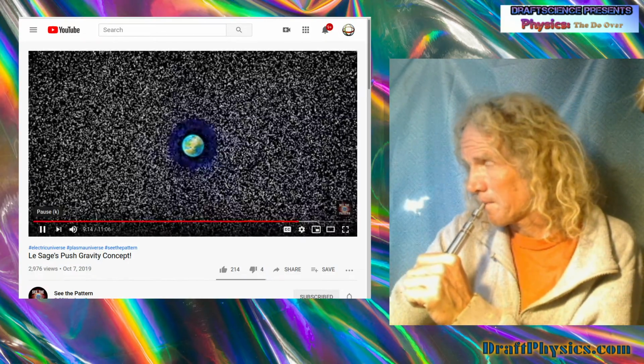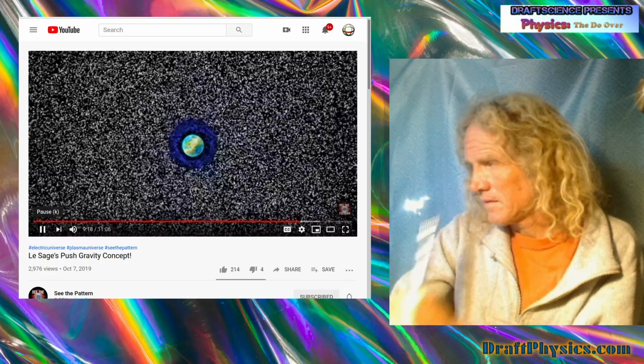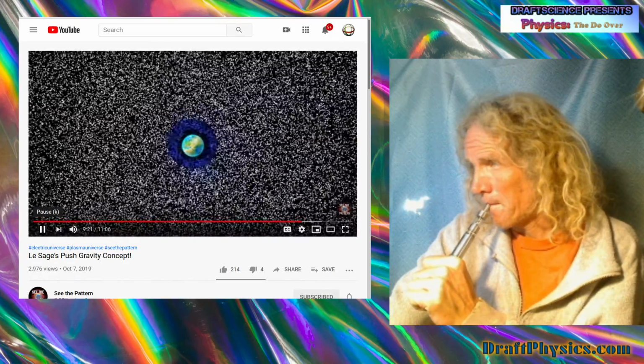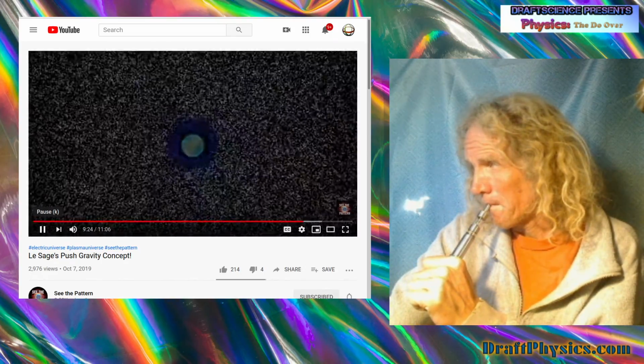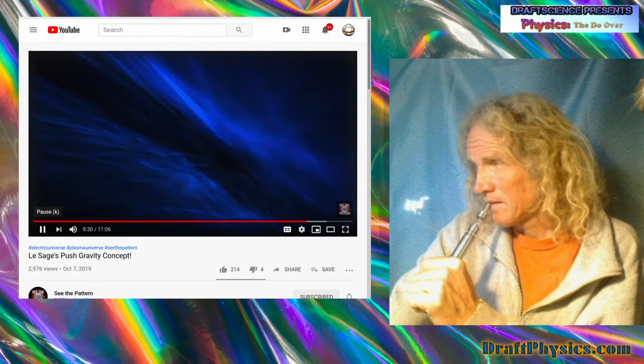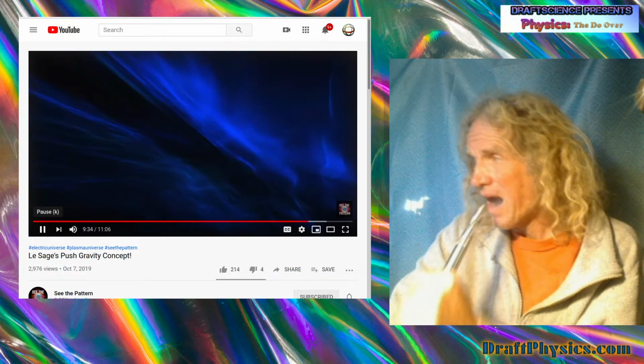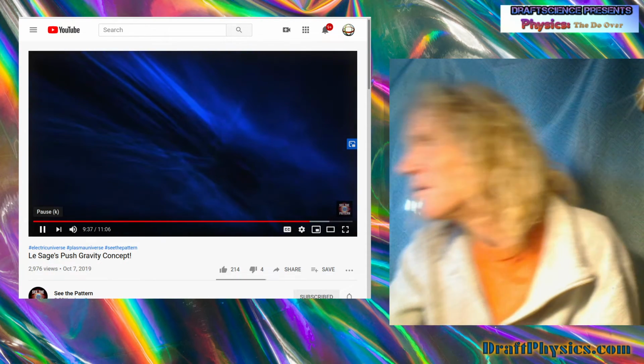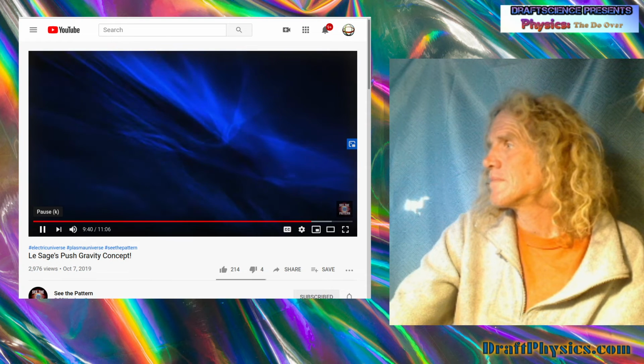Influence of these and the many negative assessments in conjunction with a general shift away from mechanical ether theories has led to the progressive loss of interest in the Lesage theory. So why have I included this concept if it is so flawed? Because this is not the end of the story for push gravity. There are many scientists, including Holt and Arp, who have come to adopt and modify Lesage's theory of push gravity.